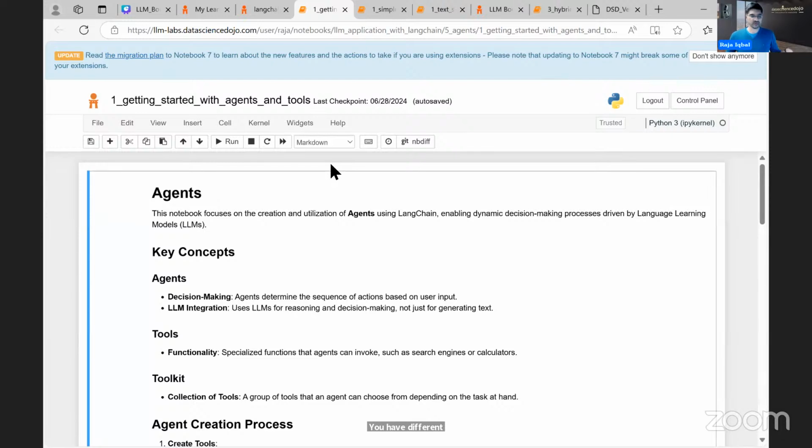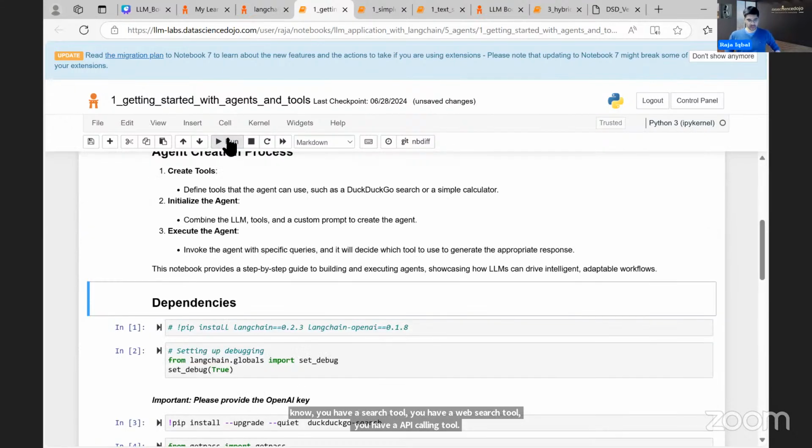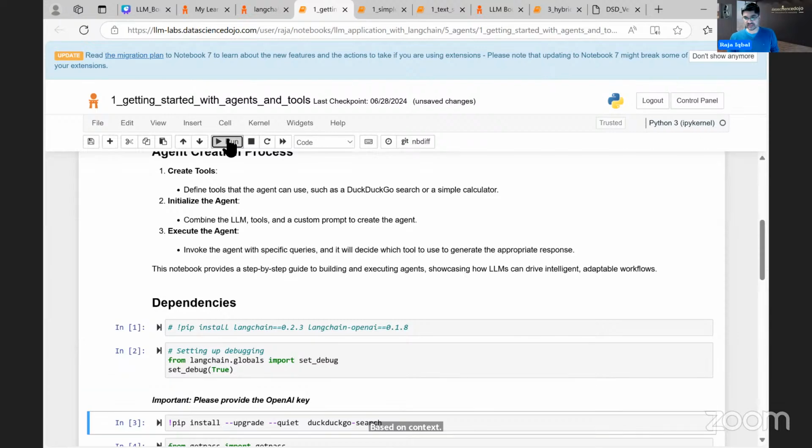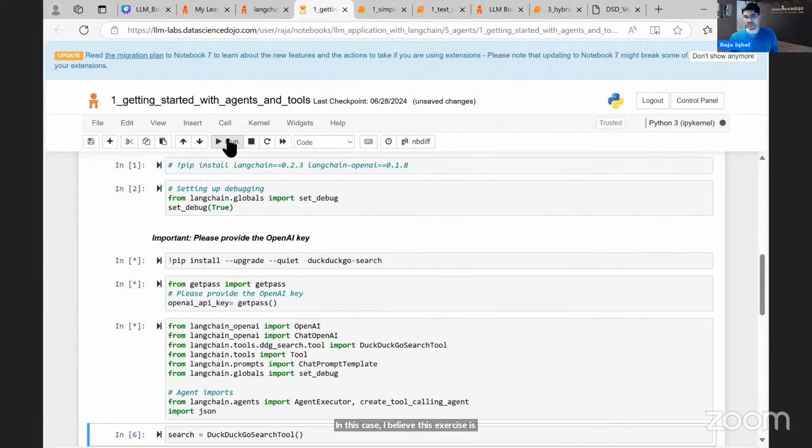You have a search tool, a web search tool, an API calling tool. So you are actually letting the LLM work on different tasks and decide which task should be performed based on context.